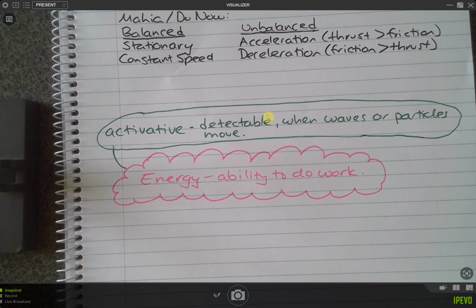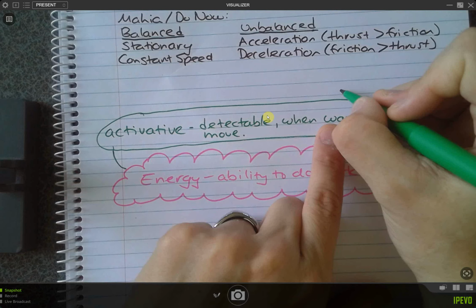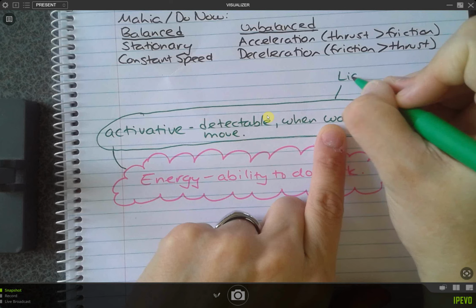All right, so let's think about some different types of active energy. Let me ask you guys, what do you think are some active forms of energy? Nuclear is correct, that is a type of energy, but it's not active, it's actually potential. Solar, yeah, let's write that one down. Solar would be an example of light energy.